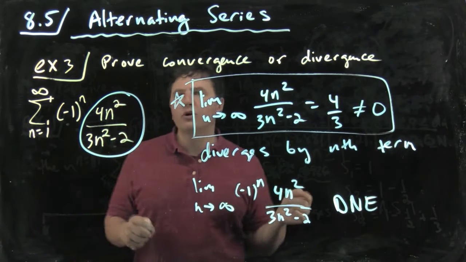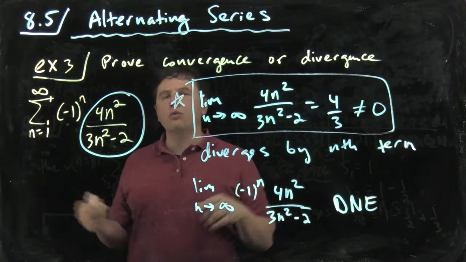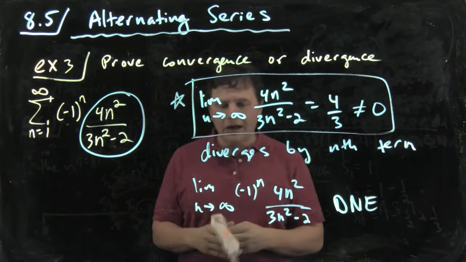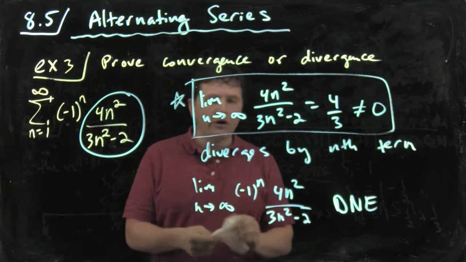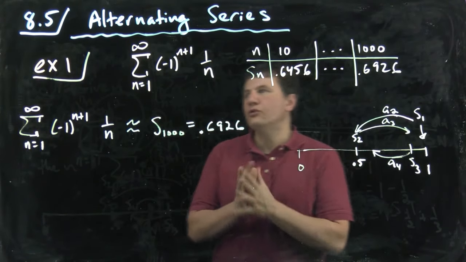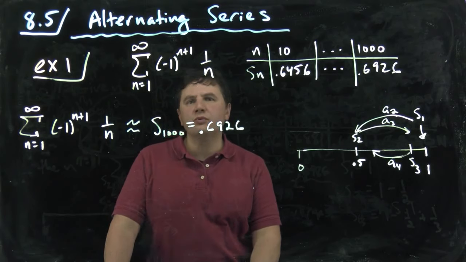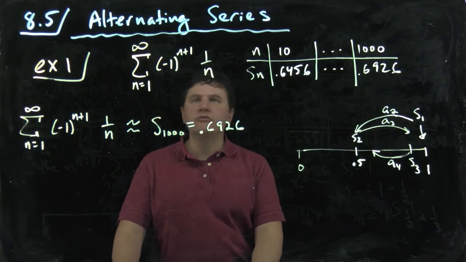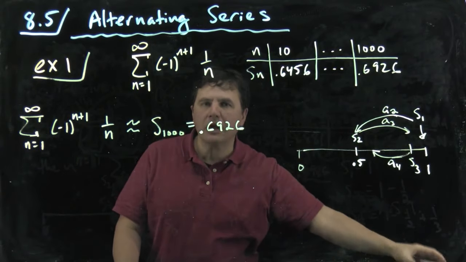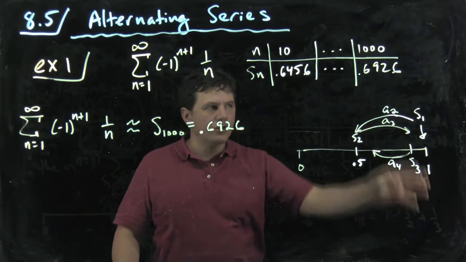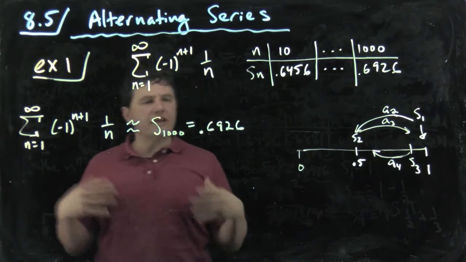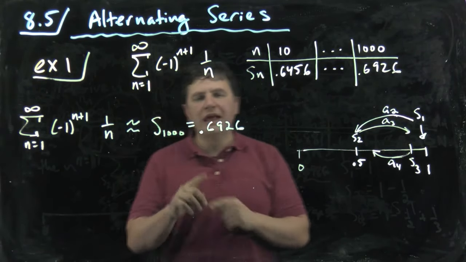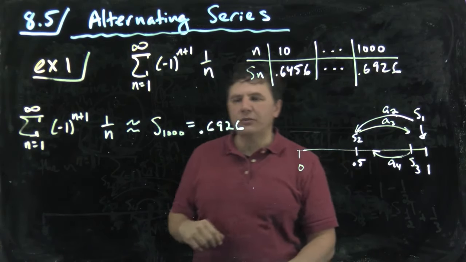So now we're going to return to that example 1, and we're going to talk about how we know with alternating series how accurate our approximations are. Okay, let's return to our example 1. So we started off investigating these way back at the beginning of the chapter just by running the program in our calculator and plugging in larger and larger numbers and approximating. So in this case, we get an approximation using the partial sums to 1,000, and that gave us an approximation of